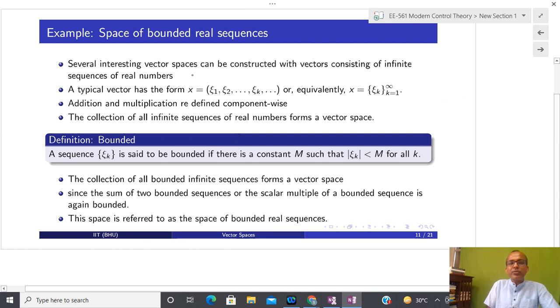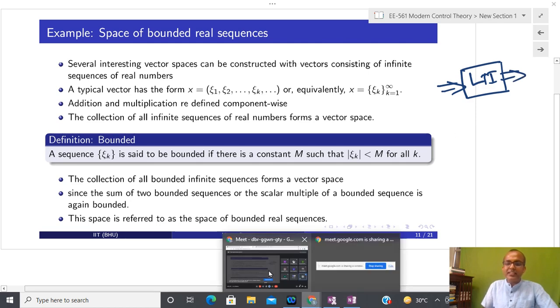Now let us try to see this. Here I have taken a space of bounded real sequences. Why have we studied this sequence? Because you might have seen during the course of linear modern control theory that we talk about stability. Suppose this is a discrete time system; a similar story is also true for continuous time systems. So when can one tell that this system is stable? Suppose it is an LTI system, a linear time invariant system. Anyone can comment on when I will say that this system is stable.